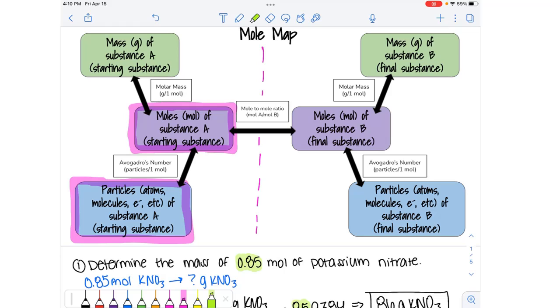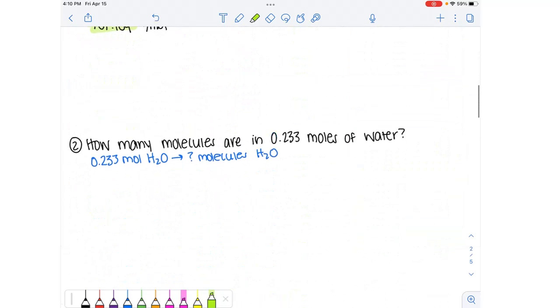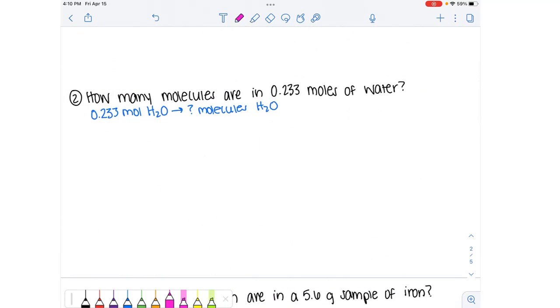So to get from moles to particles, I have to cross through this arrow right here. So I need 1 conversion factor, and that conversion factor is going to be Avogadro's number. So Avogadro's number of particles per 1 mole. Go back down to my setup here. So we're going to start out with our known. We're going to multiply that by Avogadro's number, conversion factor. So start by plugging in your known,